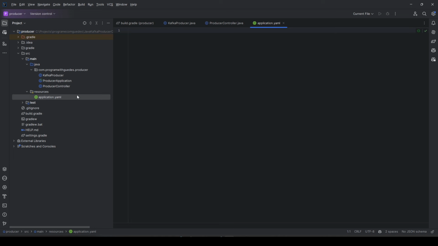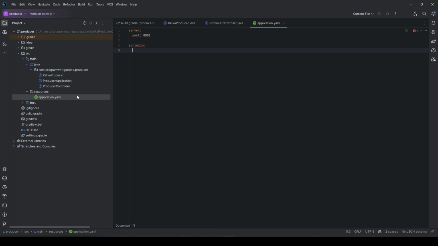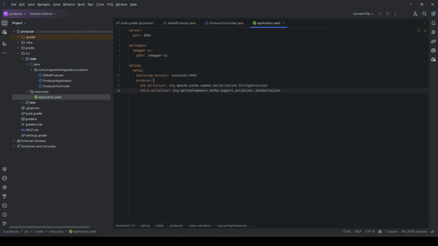Under the application.yaml file, set the port of our producer to 881, and we're gonna configure the Swagger path, springdoc Swagger UI path /swagger-ui, and I will copy the Kafka configuration content from here. I will leave this configuration in this video description for you, okay?